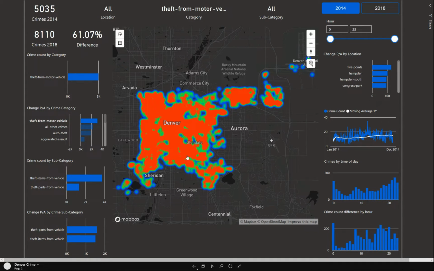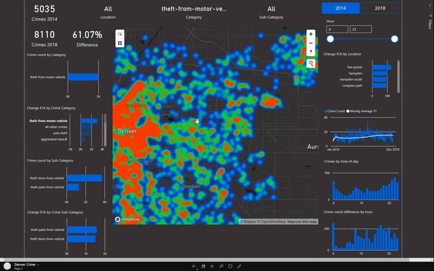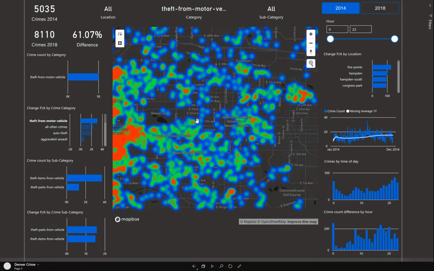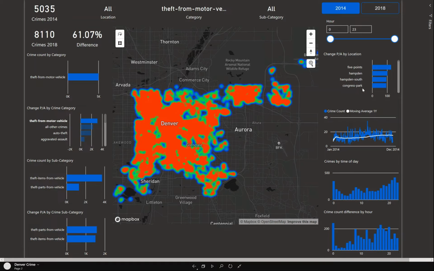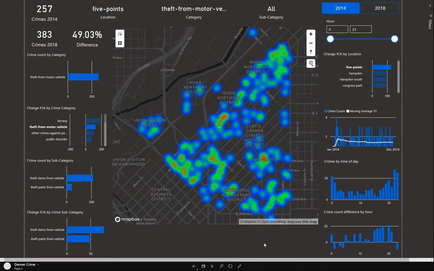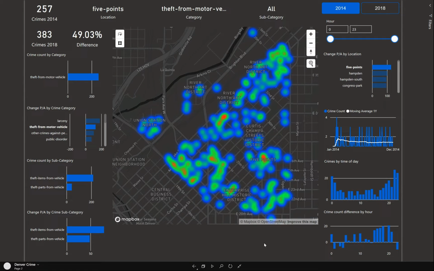Given that we're looking at the greater Denver area, the density is fairly high, but if we were to zoom in, we would identify specific locations. Over on the right, we can see which location has had the biggest increase, which is 5 Points. So we'll select that too. And the map will zoom in to the 5 Points location and show the points where this crime has occurred